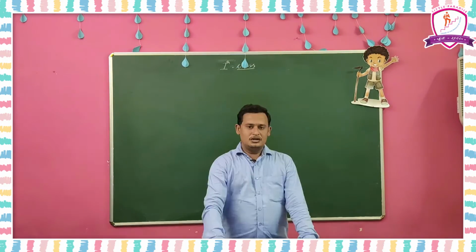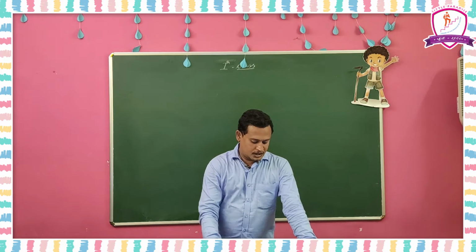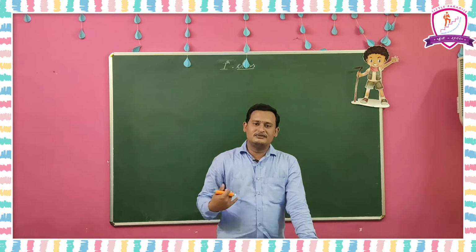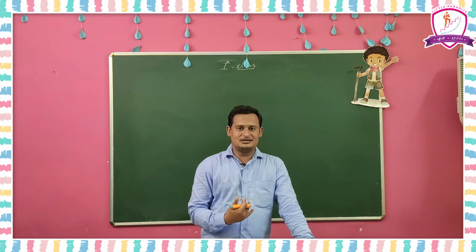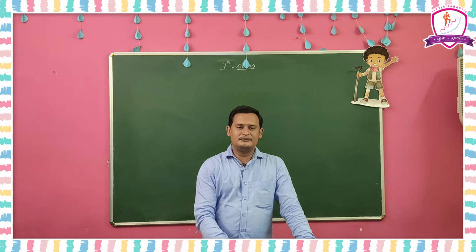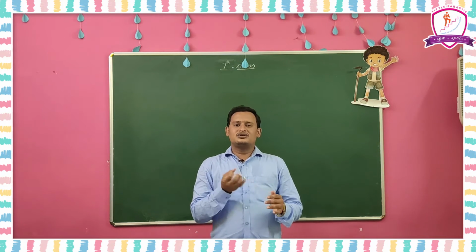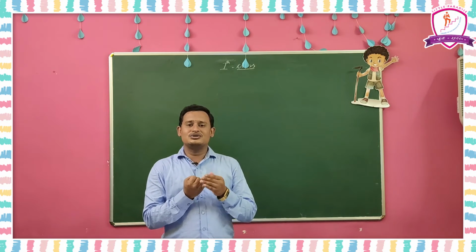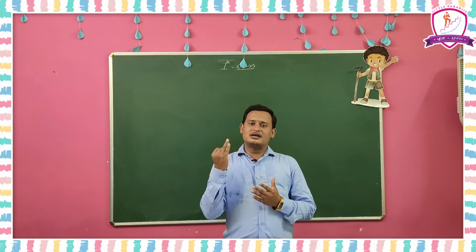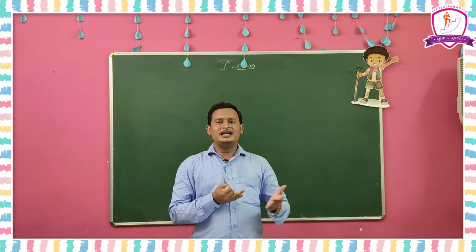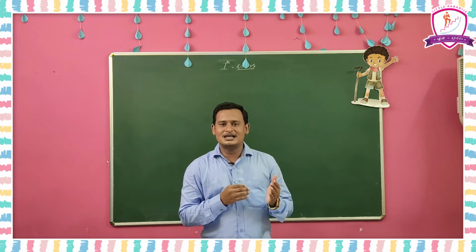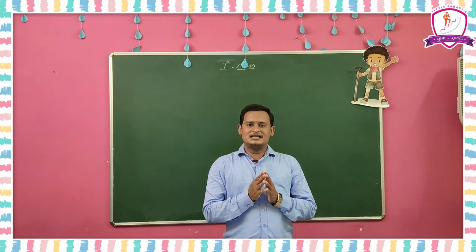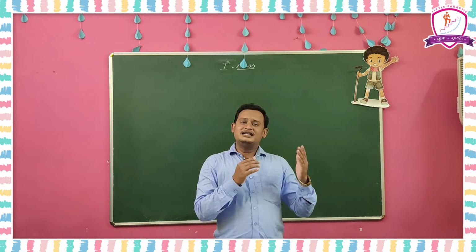Okay. Next, I am going to explain some examples using these pairs of angles. What pairs of angles did we discuss? First one is complementary angles. If the sum of two angles is equal to 90 degrees, those are complementary angles, and if the sum of two angles is equal to 180 degrees, those two angles are called supplementary angles. Next, equal angles also we discussed, and next adjacent angles.